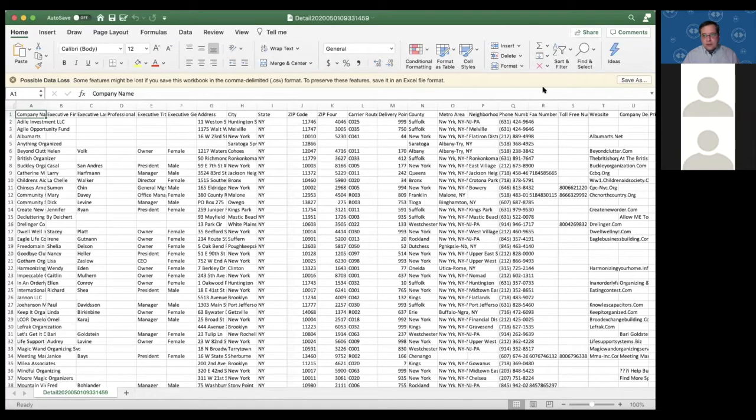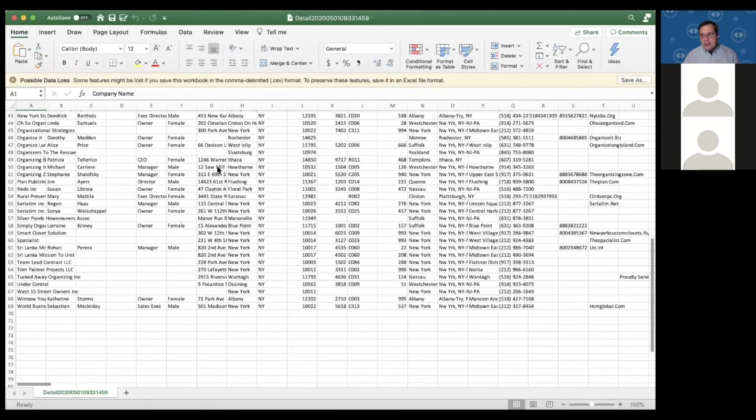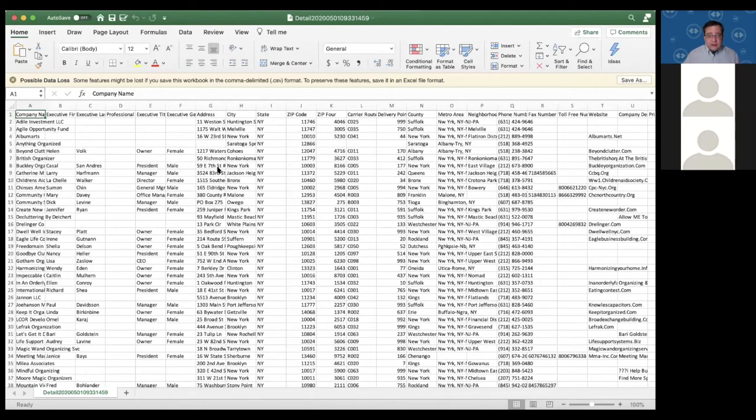And let's go to Excel. All right, so here is Microsoft Excel. Here is the file. This is what it looks like. Yes, it could be a little daunting at first. It's a little bit too much, but